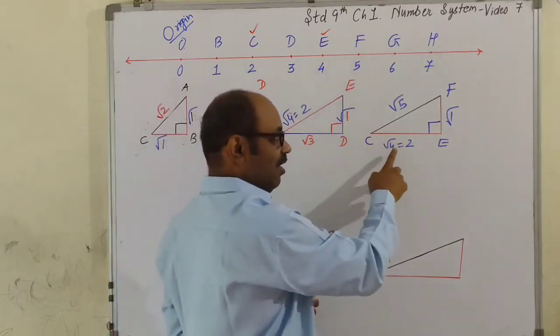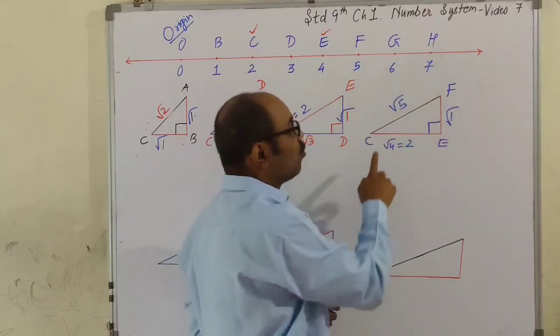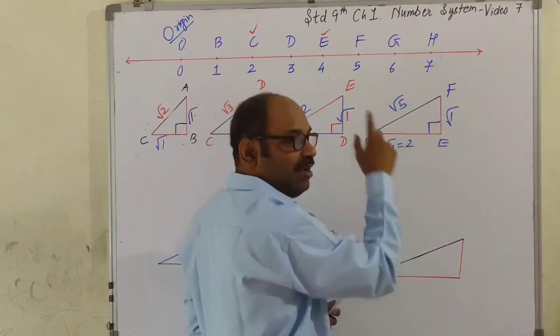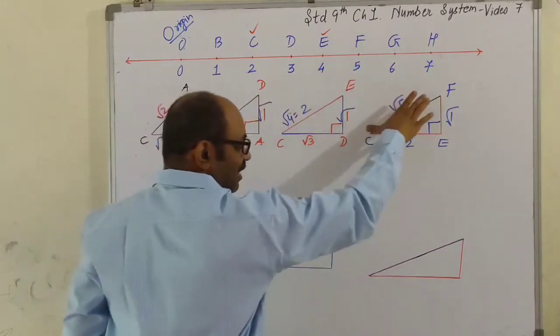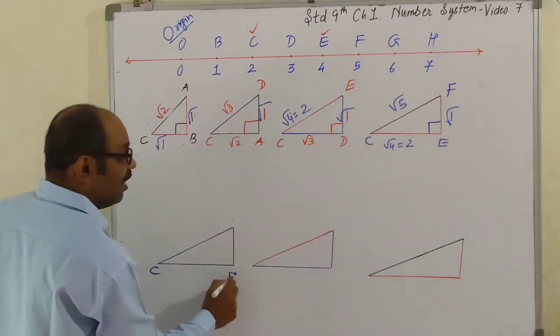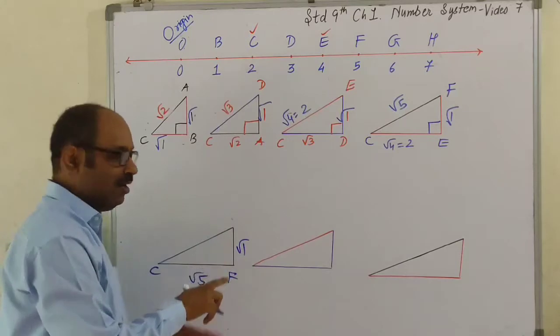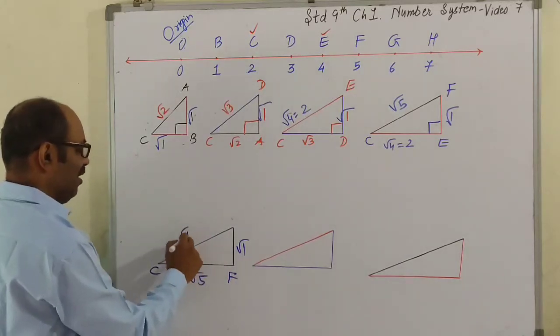चलिए देखिए. How much are the sides forming right angles? Root 4 and root 1. Root में देखो root 4 और root 1. So 4 plus 1 5 और उसका square root is the length of the hypotenuse. अभी ये black side CF मैंने यहां लिया है which is root 5. इसको मैं root 1 unit मतलब root 1. So how much would be the hypotenuse? 5 plus 1 6 and it will be root 6.